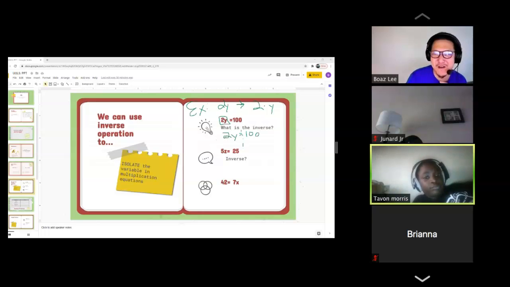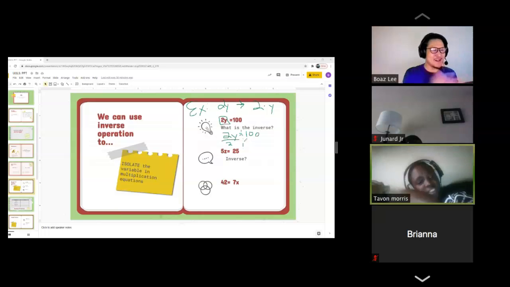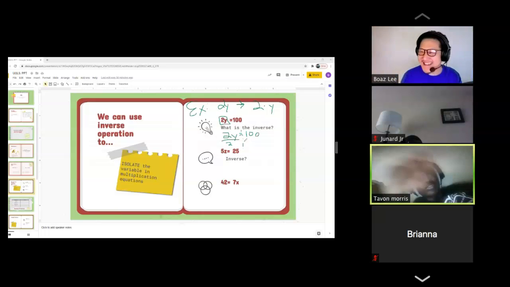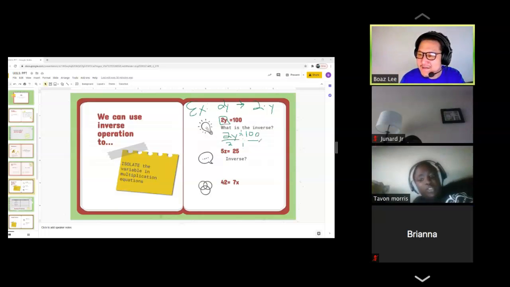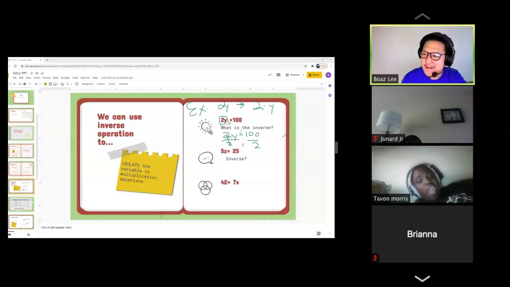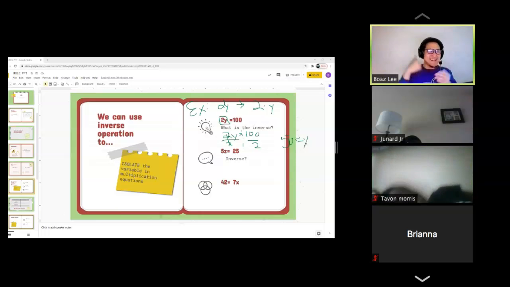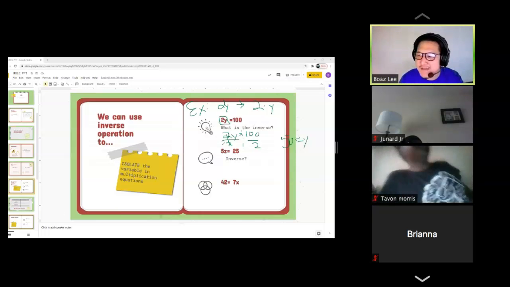2. Hey, so we got to divide 2 from this side. And what we do to one side, we got to do to the other side. There we go. Then you cross off 2. So what's 100 divided by 2? 50. Hey, there you go. Y equals 50. I really appreciate you saying y equals 50 because you labeled it. My man, Tavon, let's keep it going.